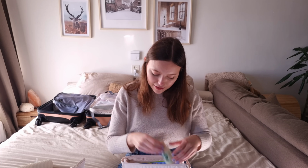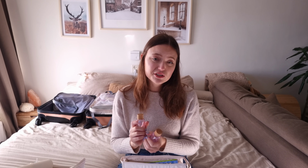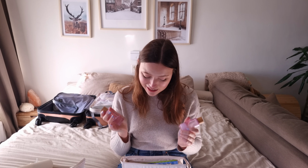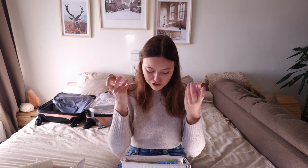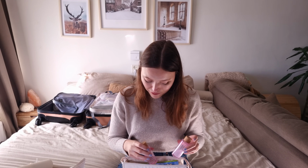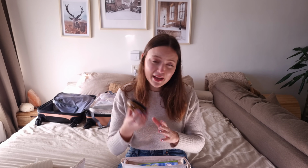I'm bringing my facial cleaner. I also got these cute little travel bottles. One's filled with shampoo and the other one is filled with shower gel. We are staying in Hotel Sequoia Lodge, so probably they have plenty of soap and shampoo over there. But I just like to be well prepared, as I said. And I don't know, bringing in your own shampoo and shower gel, it calms me, gives me a little bit of peace. I'm bringing in my hairbrush,